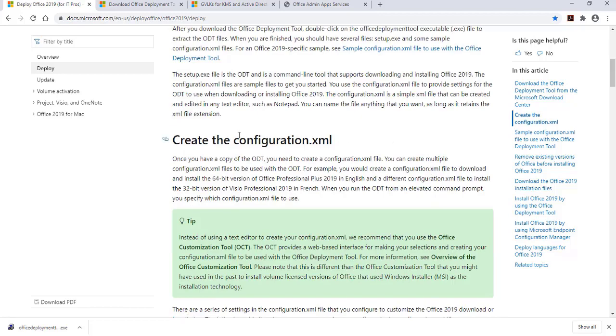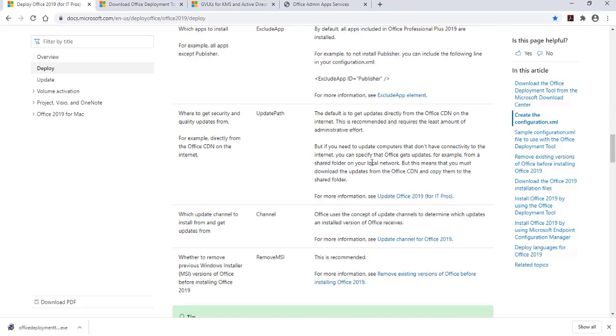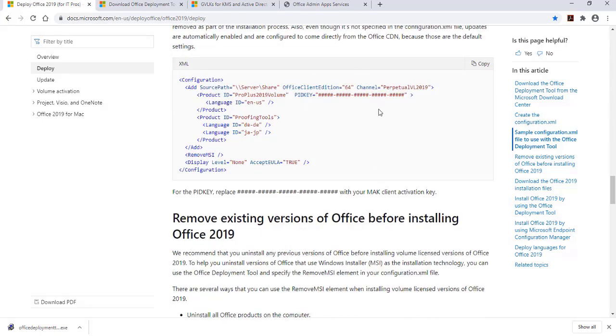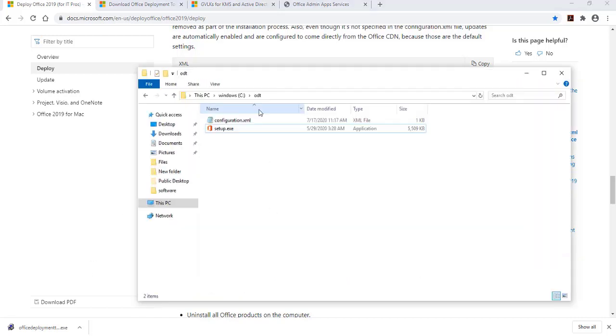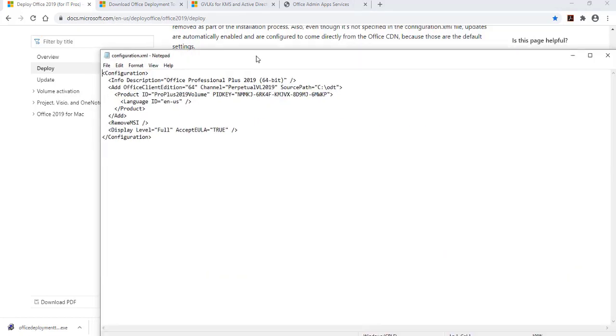Now we need to create the configuration XML file. Now Microsoft gives you an example of this file. This is it here. Now this PID key is your MAK key or your generic volume license key. Now I already created a custom XML configuration file, and this is my file here, as you can see,